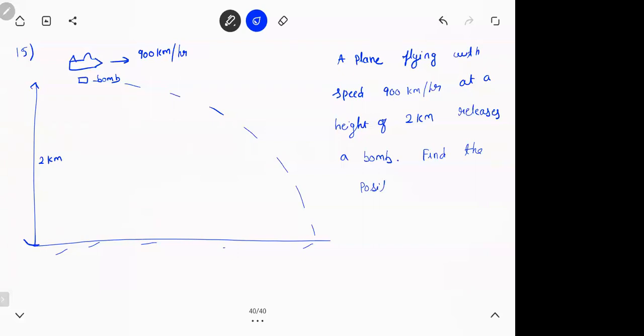And we observe the bomb does not fall straight down. It actually goes forward. Remember the balloon problem? When you leave a coin from the balloon, it will have the speed of the balloon. Same way, if you jump from the train, you won't fall at the point where you jumped, you'll actually roll forward because you have the speed of the train.